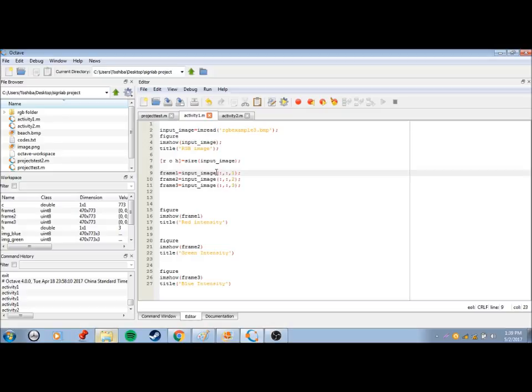You can use any number you want as long as it's within the resolution size, but since we want all possible rows and columns, we use a colon. For the red frame we set it as 1, for the green frame 2, and for the blue frame 3. Here we will show frame 1, frame 2, and frame 3.